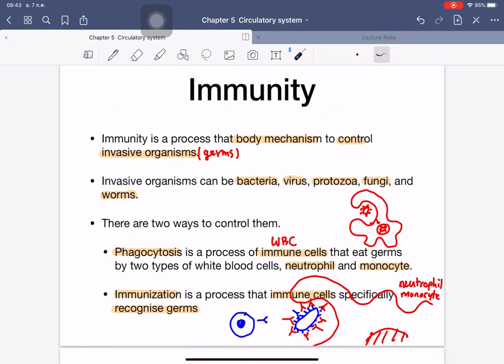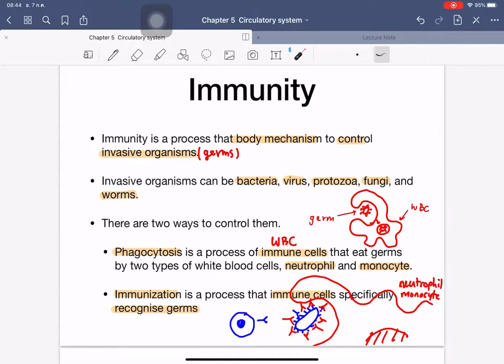Okay, the immunities here is a response of the body mechanisms to control the invasive organism or the germs, okay, as I mentioned earlier. And the example is a bacteria, virus, protozoas, fungi, and the worm, like this. And the two processes that we deal with the germ, it is the phagocytosis. The phagocytosis means the process that immune cells or the white blood cells here eat the germ by producing the part of the body here to wrap the germ cells. This is the germ. Okay, and this is white blood cells. And the center here, it is a nucleus. Okay, and the types of the white blood cell that deal with this one are the neutrophils and